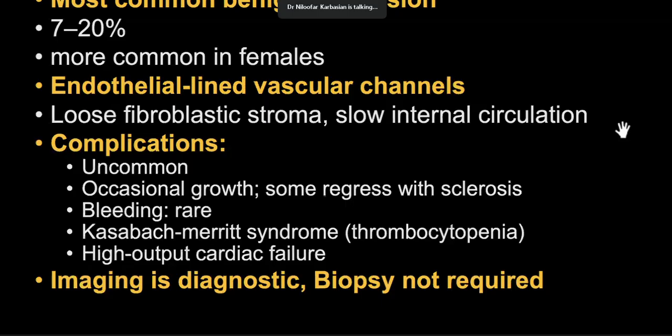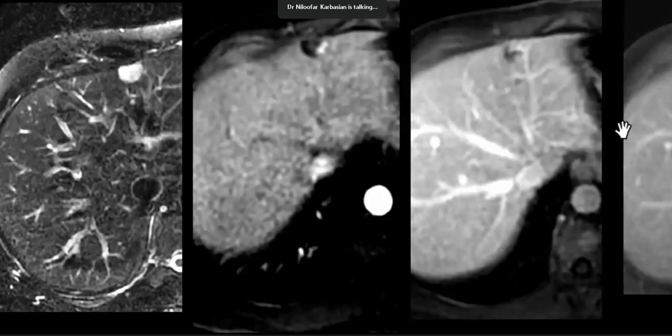And the diagnosis of hemangiomas is by imaging, and biopsy is not required and also not recommended because they are vascular lesions. So this is the classic appearance of hemangiomas. They are T2 hyperintense, fluid intensity. They have this peripheral nodular discontinuous enhancement with progressive filling. Again, I want to emphasize that they have to be discontinuous and they have to be progressive filling,